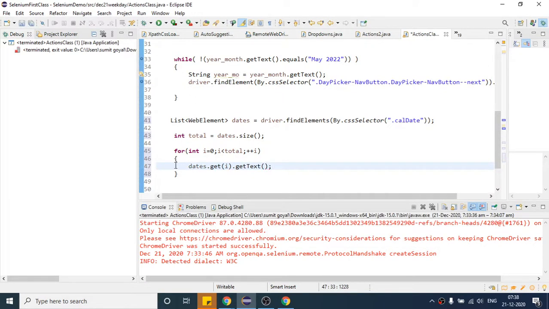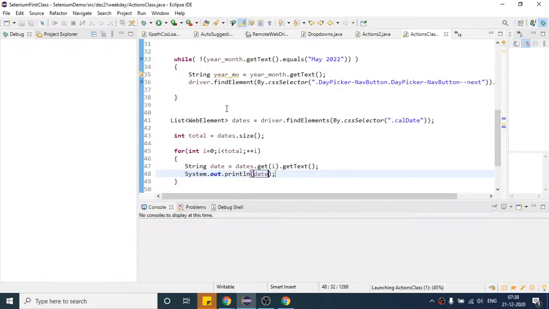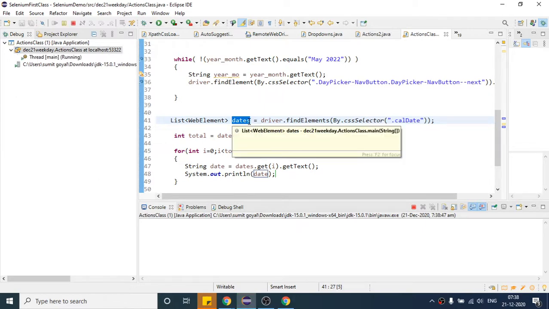If I show you in debug mode how it will look, let me show you. Let me first run this in debug mode so that we can visualize how this variable is storing the data. Then I will run it directly.